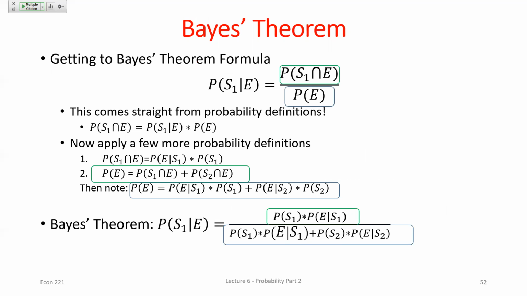So I was looking for, given that the test came back positive, what's the probability that the person was HIV positive? Well, if this is my outcome of the test, and this is my state of nature 1, we'll call it, I could try to write this out, and I might think, okay,